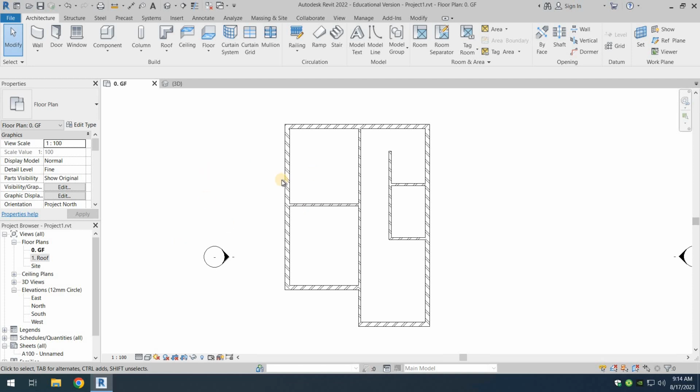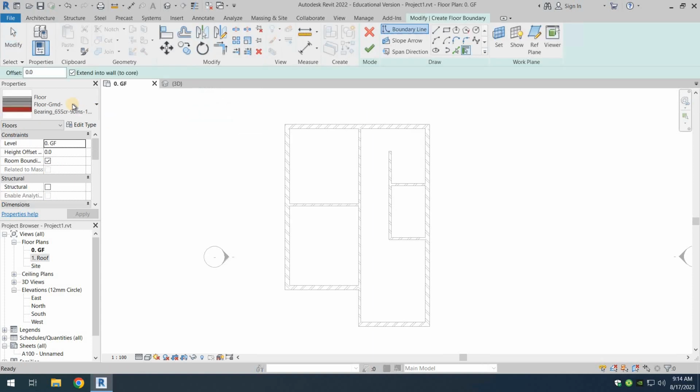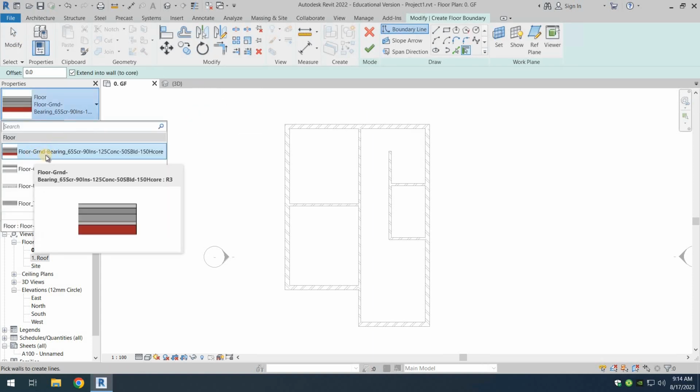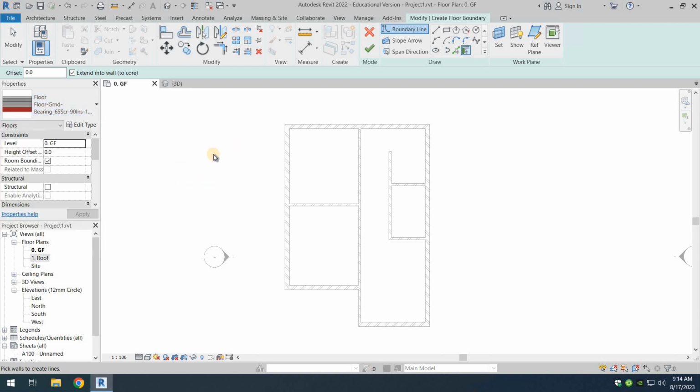Okay, in this video we're going to see how we can draw a slab boundary here. So we're going to use the slab to draw a boundary for this property. So here we're going to go to the architectural tab. From there we're going to go to floor again. For architectural we're going to select the same type of floor, the ground bearing one, because it is on the